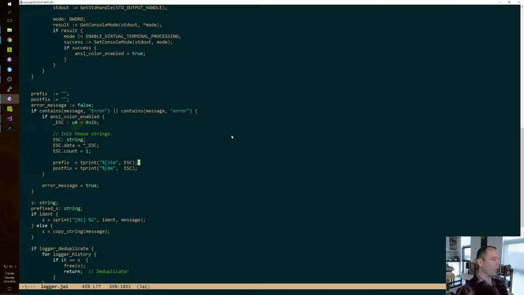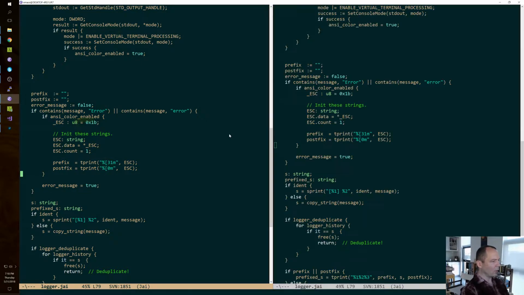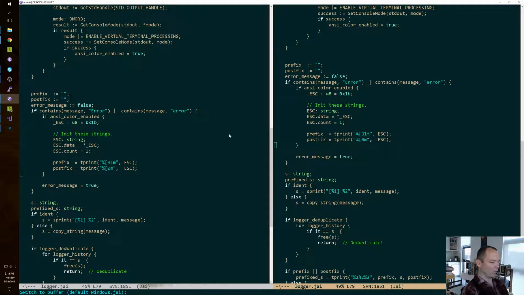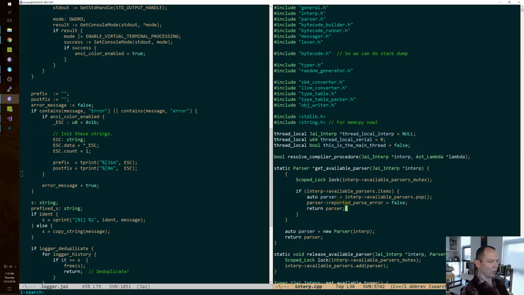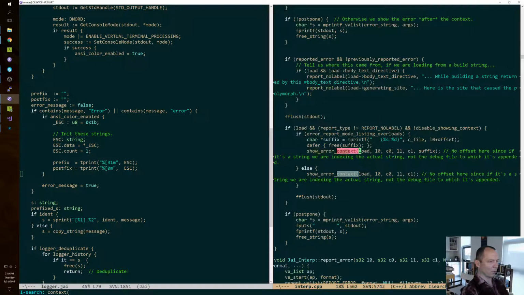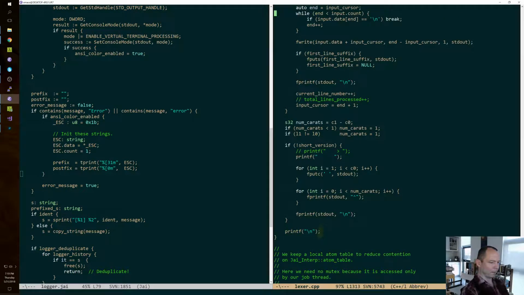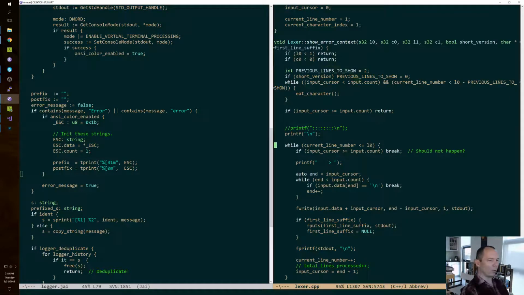All right, so now that we have done this, we should be able to do it in the compiler. Now the thing is, I have many questions. Like, does that set it in my console forever? If I go to report context, show error context, and that's in Lexer, the thing that actually prints it. So what if before I print this out,